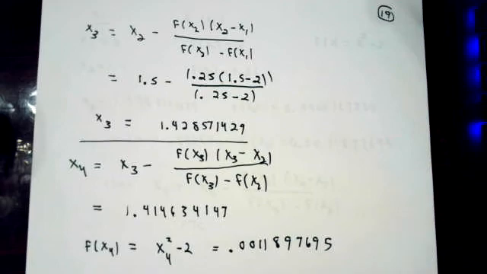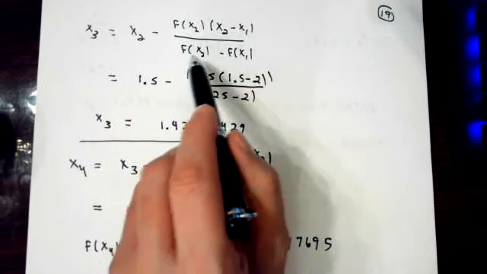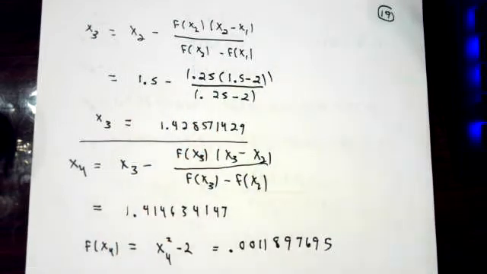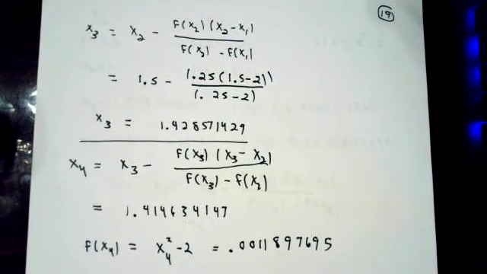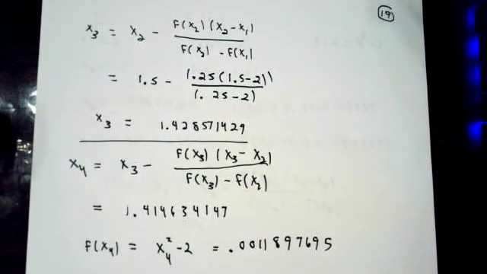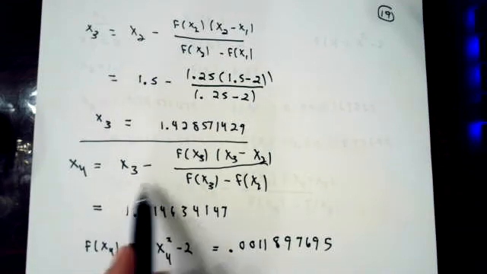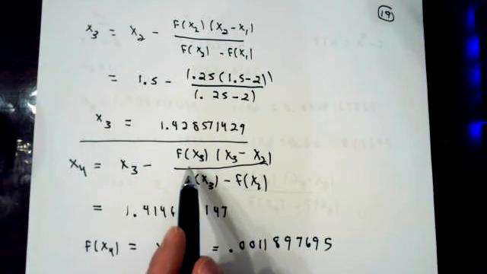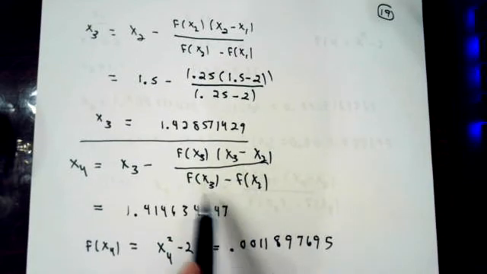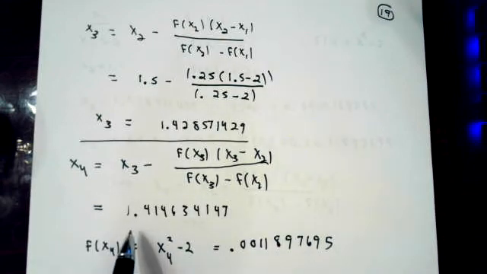So x3 is x2 minus f at x2 times x2 minus x1 over f at x2 minus f at x1. And I know all of these numbers, so I'll just haul the calculator out and calculate and get 1.428571429. X number 4 is x number 3 minus the function value at x number 3 times x3 minus x2 over f at x3 minus f at x2, which works out to be